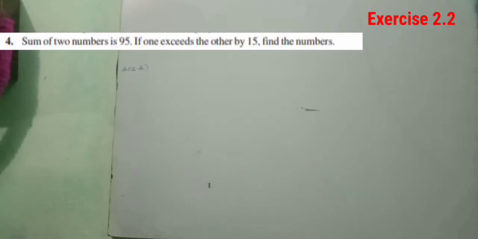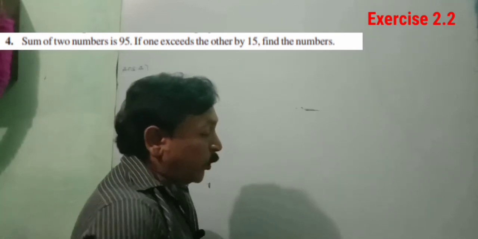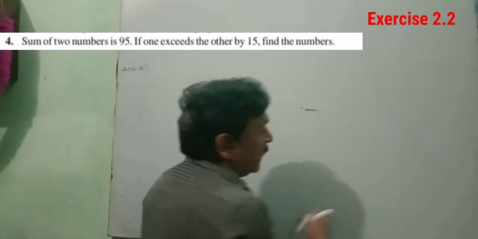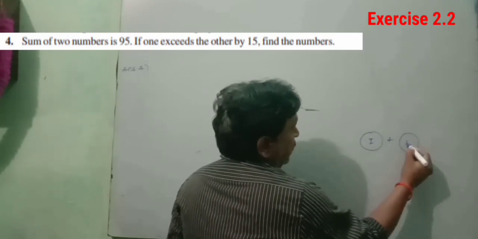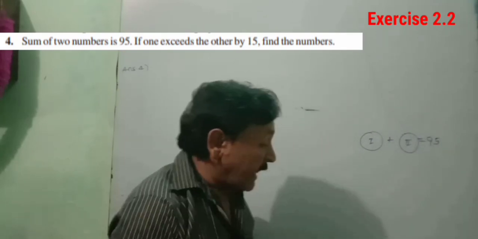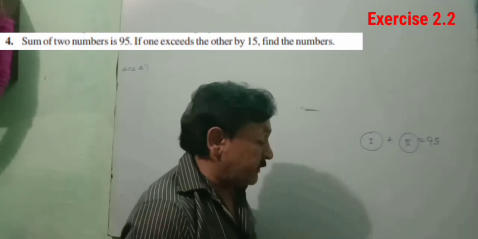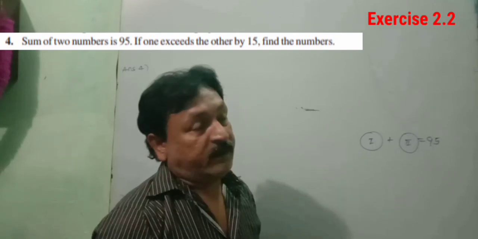Okay, now see question number 4, and question number 4 is saying the sum of two numbers is 95. It means there are two numbers. We can say number first and number second, and their sum is how much? 95. That is the first thing. The second information given to us is: if one exceeds the other by 15,